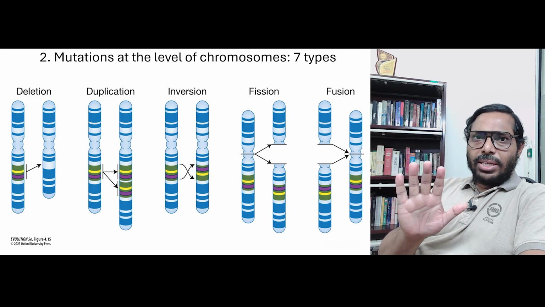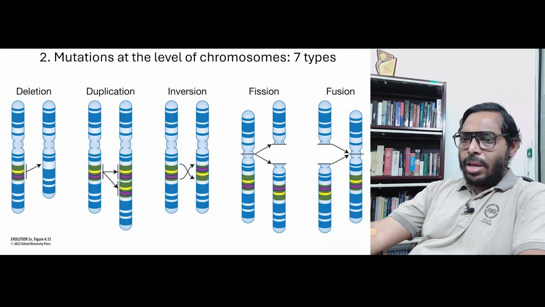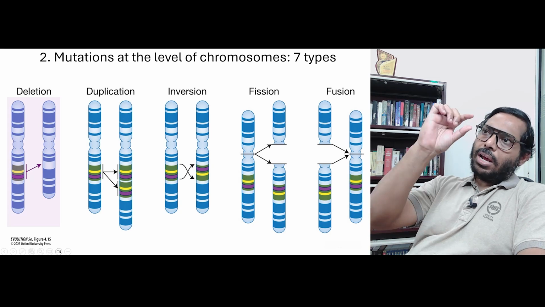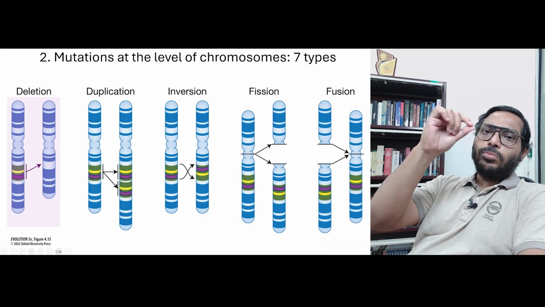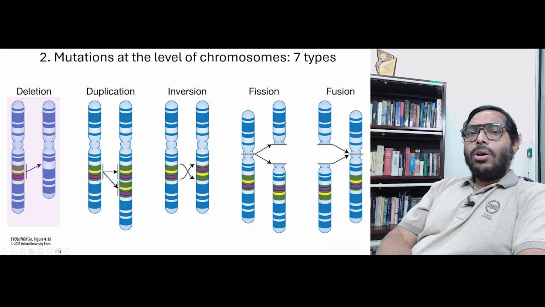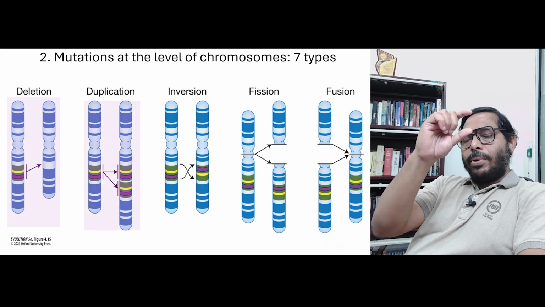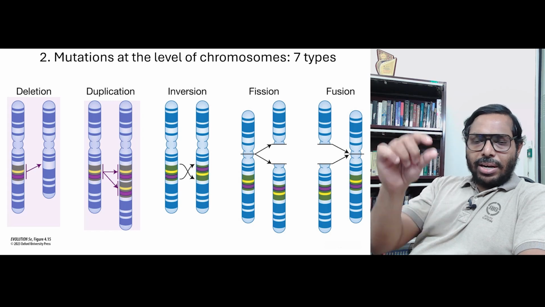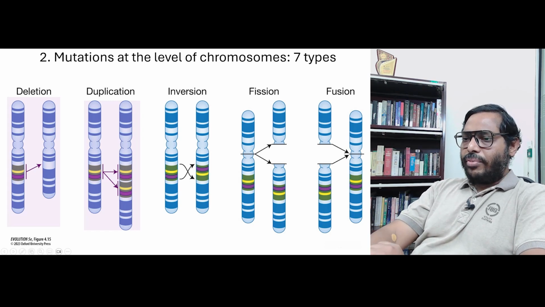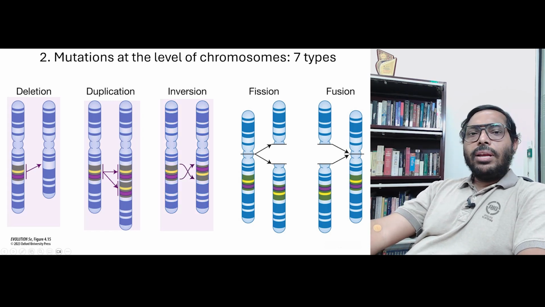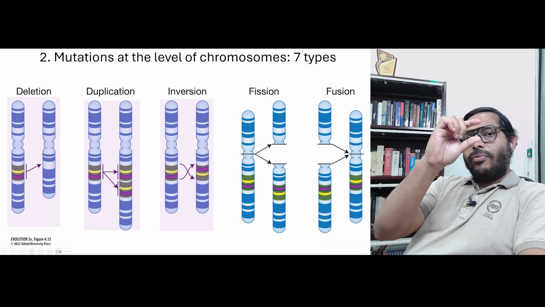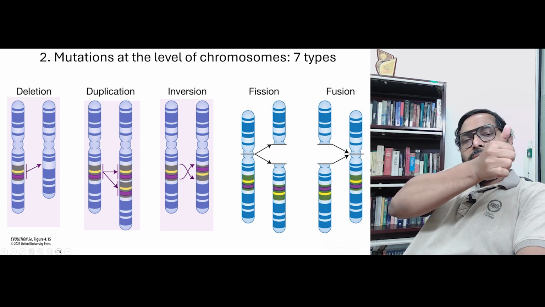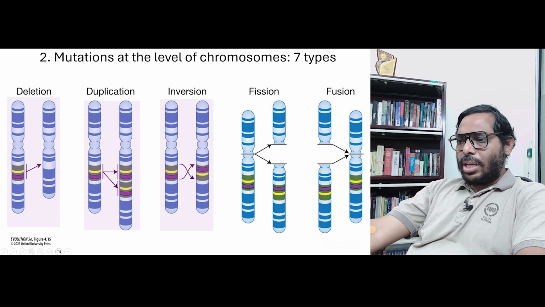There are 7 major types, we are showing you all over here. So, you can have what is known as a deletion. In deletion you can see that a particular fragment of the chromosome simply gets deleted, or you can have a duplication where a particular fragment of the chromosome is duplicated and then it gets added right at the same place, as you can see in the second figure over here. Or you can have an inversion where a particular fragment of the chromosome is cut out and then it gets inverted and then it gets inserted at the same place in the chromosome,